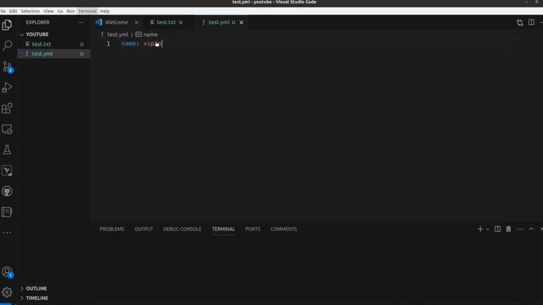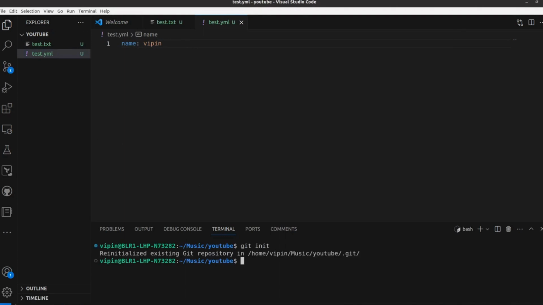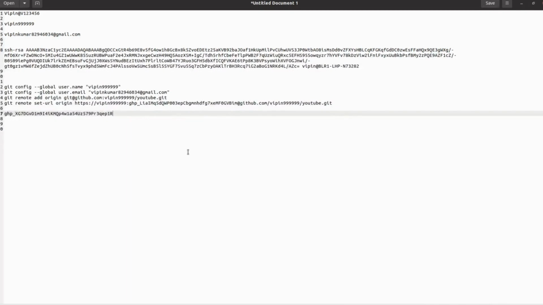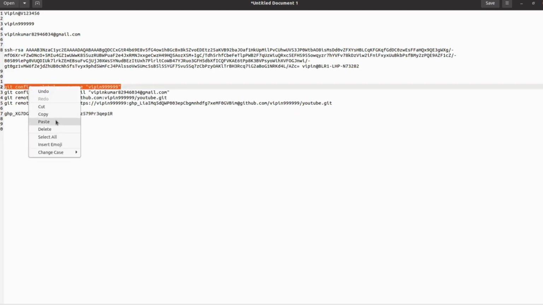Open your terminal here, and first we have to run git init. Now let's go back here. First we have to run git config --global user.name with our GitHub username that we used while creating the GitHub account.